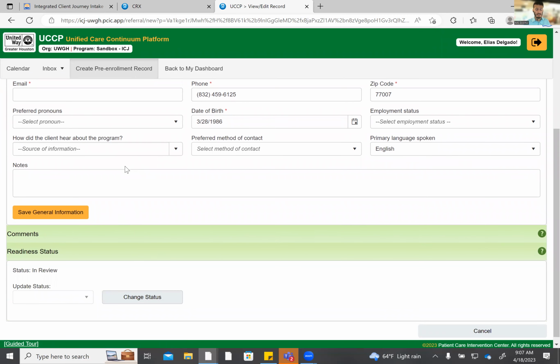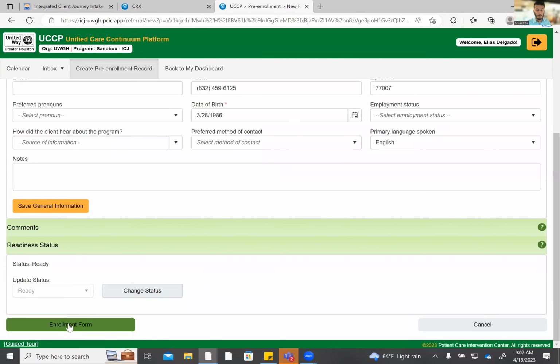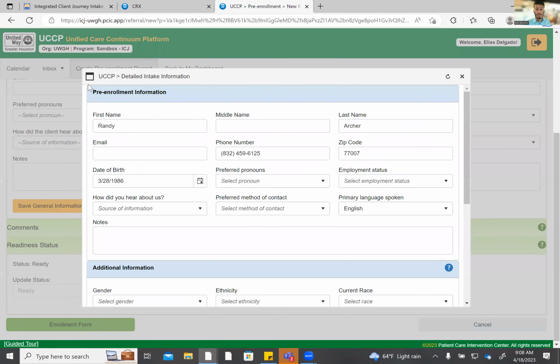So here, as the navigator does their assessment, they can change the status after their meeting that the navigator has deemed that the client is ready for the ICJ. So he will change the status to ready. And now you can see here that we are able to enroll Mr. Archer into the program. So what we will do here is we will select the enrollment form, and you can see here all that public